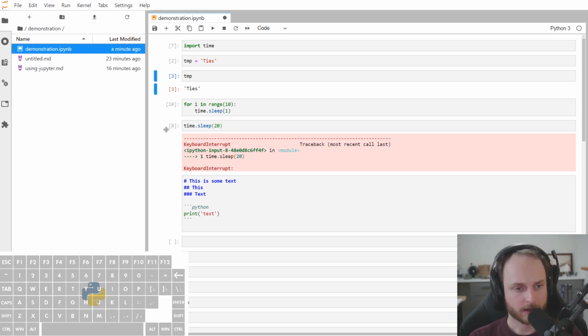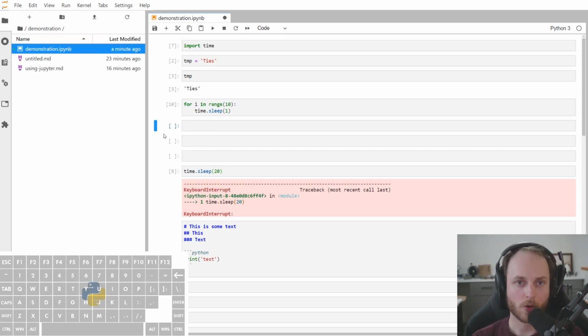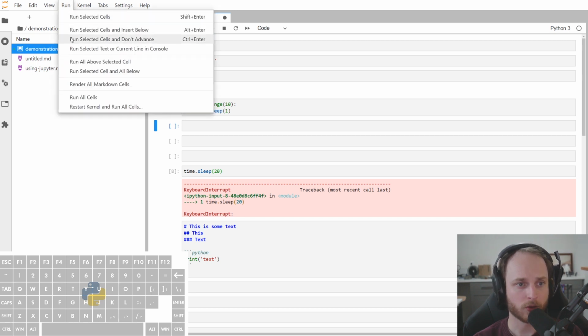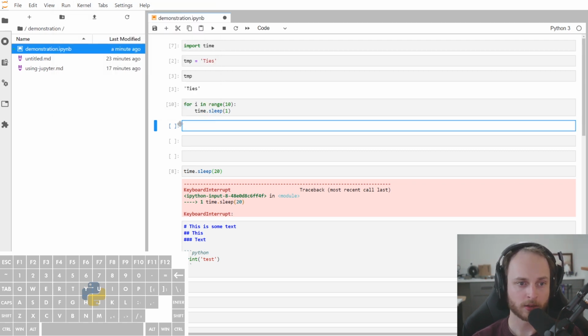Now, one thing that is useful is if you were to continue working on a file after you've saved it and then you came back the next day, for example, sometimes you would like to run all the code up to some point. You have a wide variety of options that you can use in order to do this. You can go to Run in the top here, and this will give you a variety of different options. The one that I use quite often is the Run All Above Selected Cell,